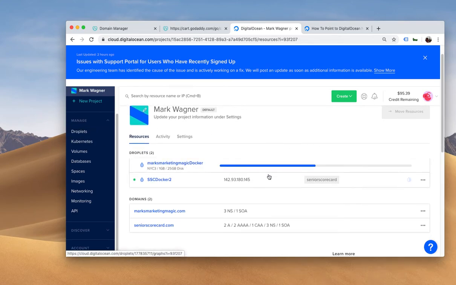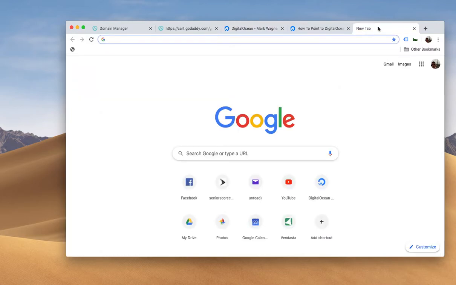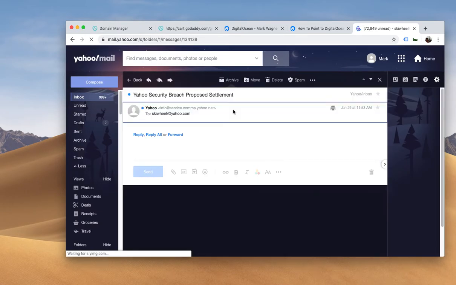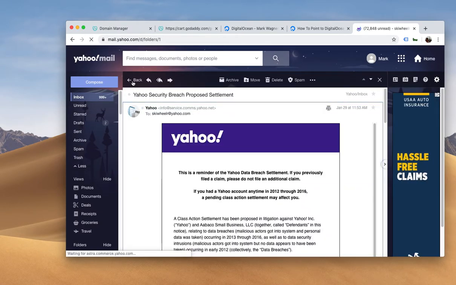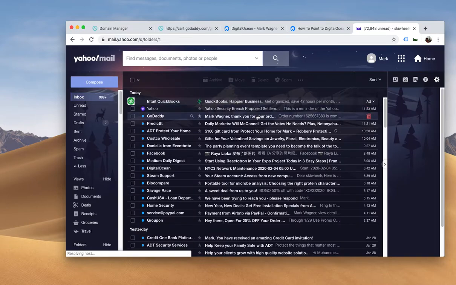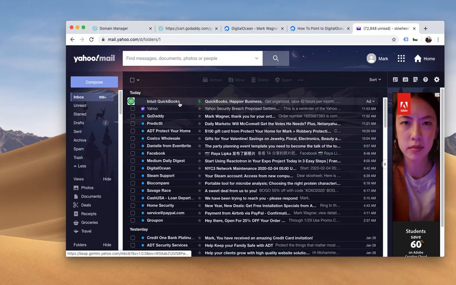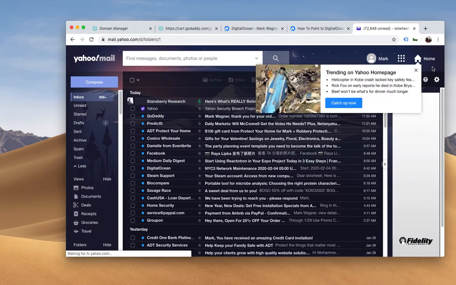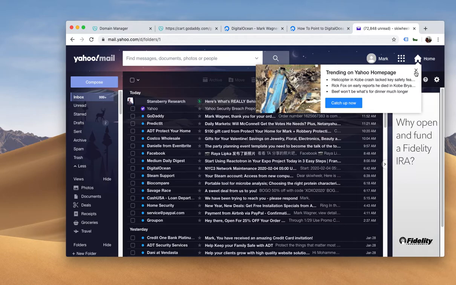Here you can see it's loading the server, and in a few minutes it'll be done. Let's go to email. I do this. I don't like the SSH. I know how to do it, but it's just annoying. It's more steps when, you know, if you're really good at it and you're a web admin, you can do the SSH, but